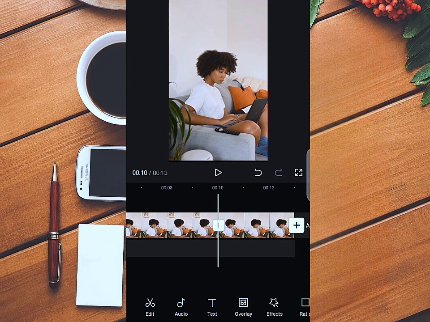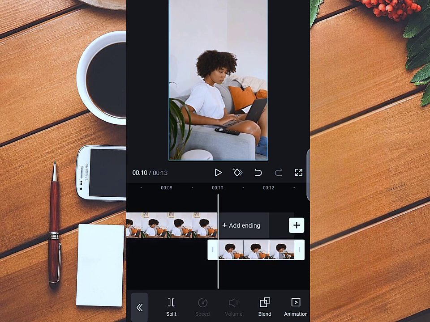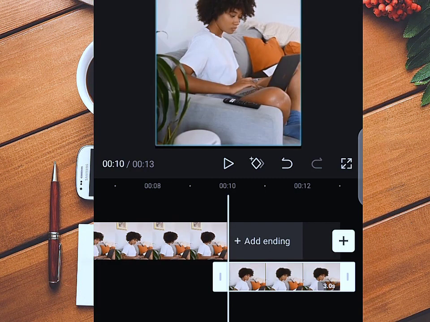Now what I'm going to do next is to click on it, and then I'll go to the menu and I'll click on overlay. The photo is now on the overlay section. What I'll do now is to drag it